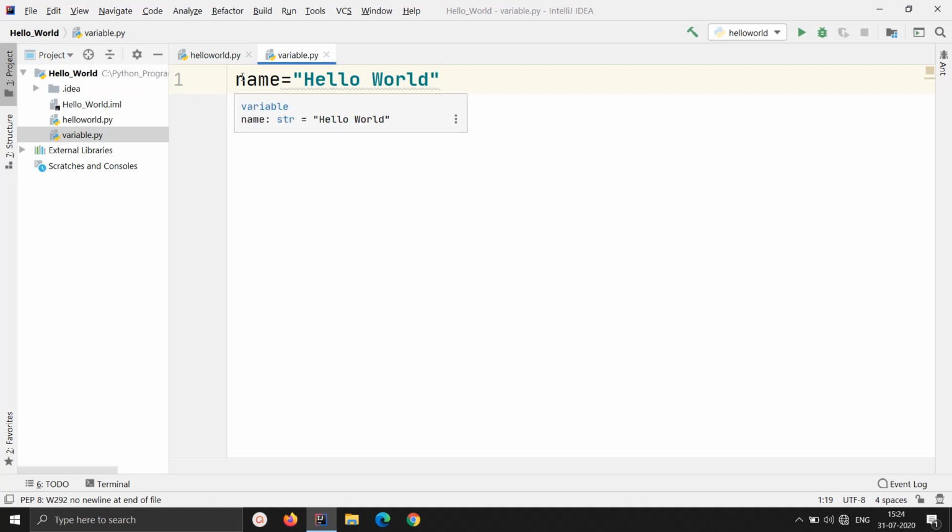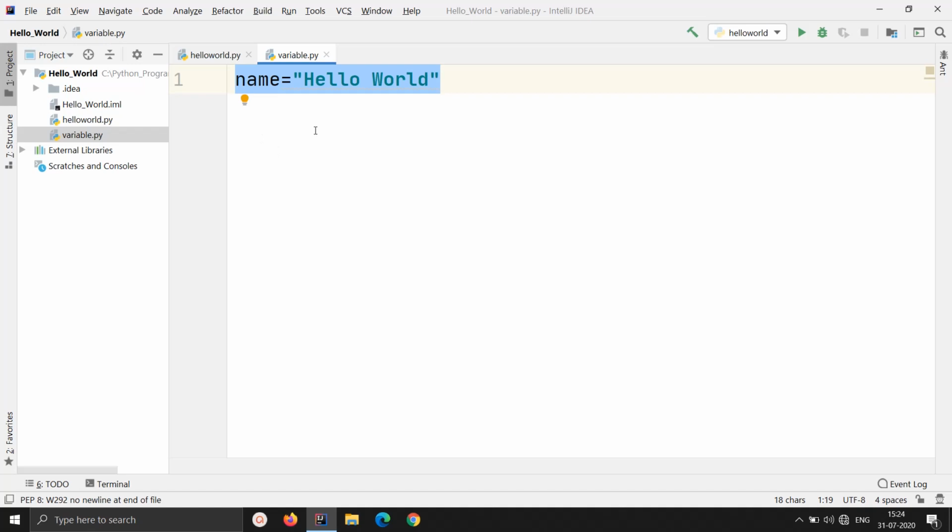Variable, as we have seen in the theory lecture, is nothing but a memory location that the user uses. It is the memory location that the computer gives you to store your data. And as you can see, this is it about a variable. There is no declaration, there is nothing else. This much is all there is to use your variable.